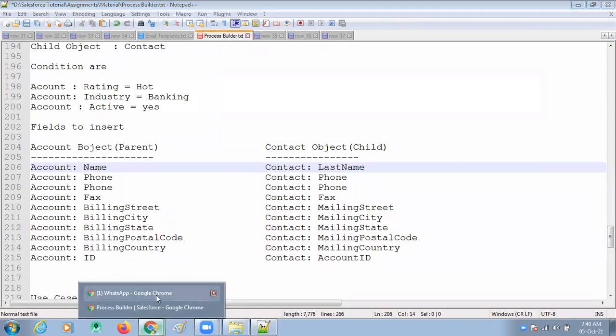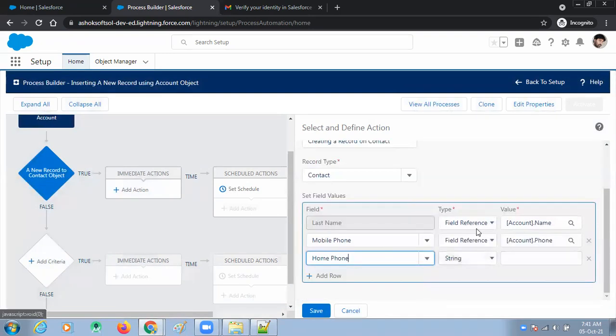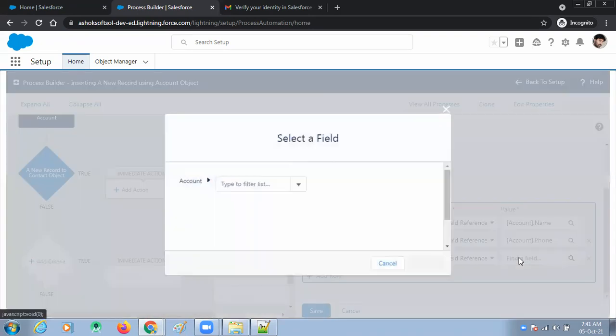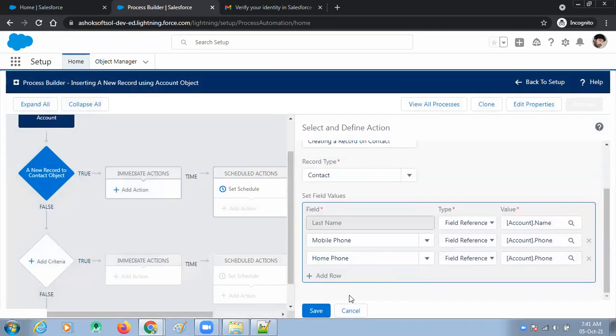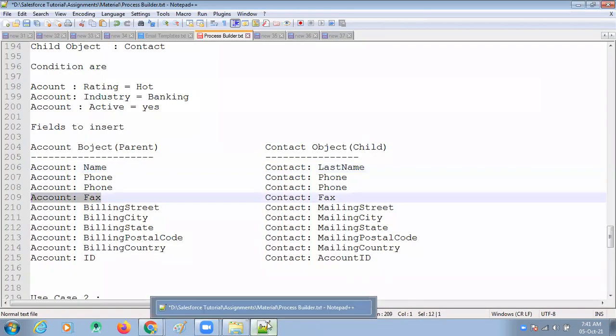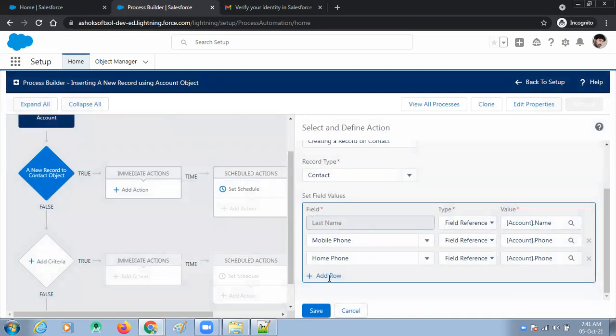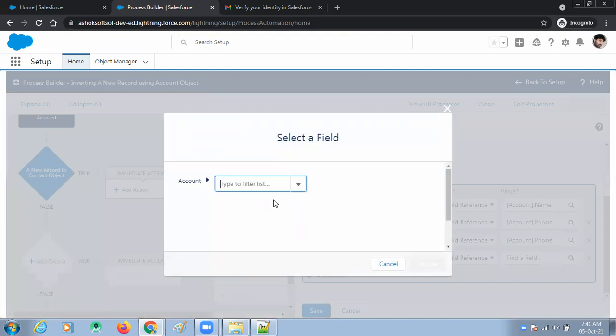Other phone also. It's a mobile phone. Next, home phone also. Account phone, choose. The next one, fax. Fax means billing fax, I think. Look here, business fax. Business fax, field reference, account fax.